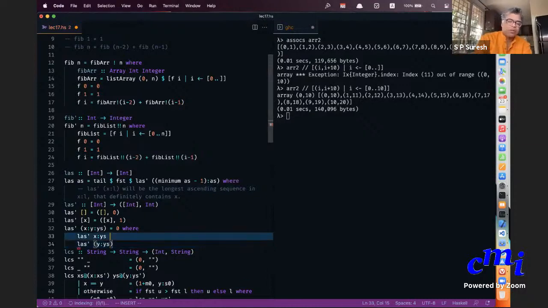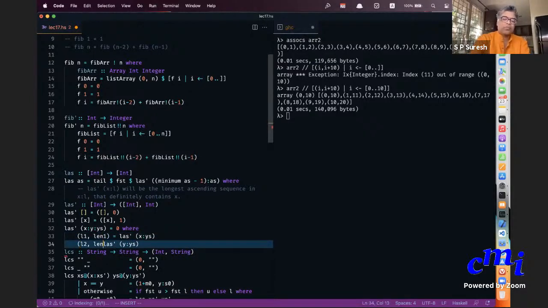Let us give some value to these two things: L1, P1, where L1 is the list and P is the number, the length. And L2. Remember, I have not yet used any arrays or anything. It's just the straightforward induction. I mean, as it turns out, not so straightforward, but we'll do that.